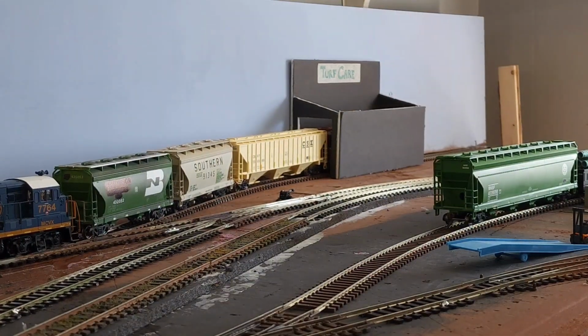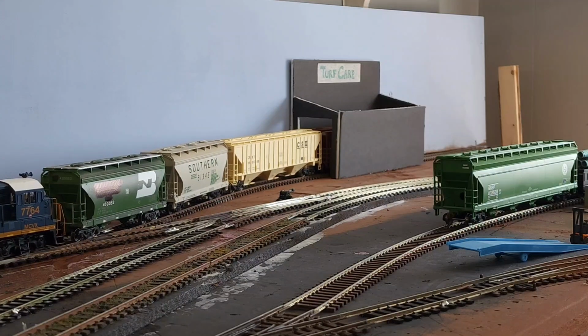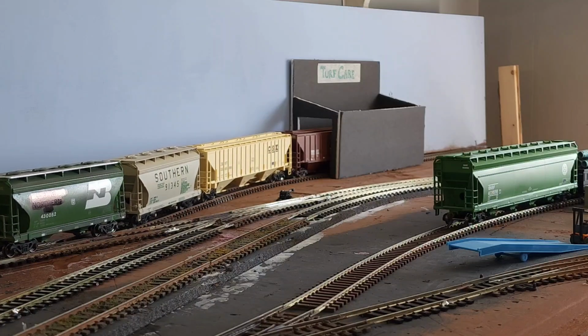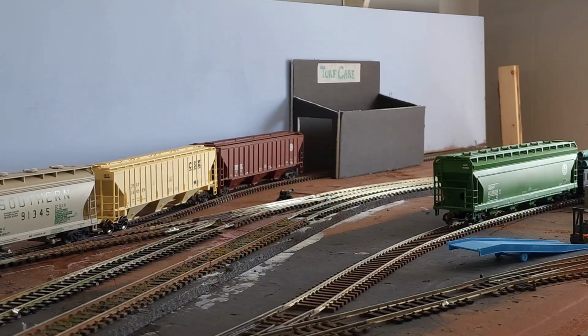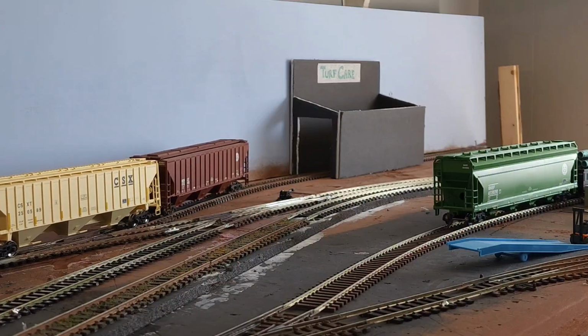All right, got a good connection. Beautiful. I don't want to, you know, the saying, less is more. In my mind, I have this grandiose layout, and I only have a 9-foot by 12-foot room to work with, so I kind of gotta keep myself in check, I guess, to say the least. If that makes any sense. I know someone out there understands what I mean. So with that being said,